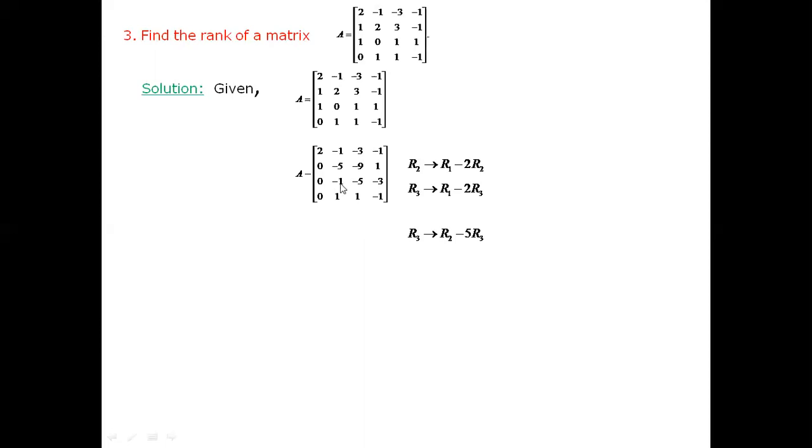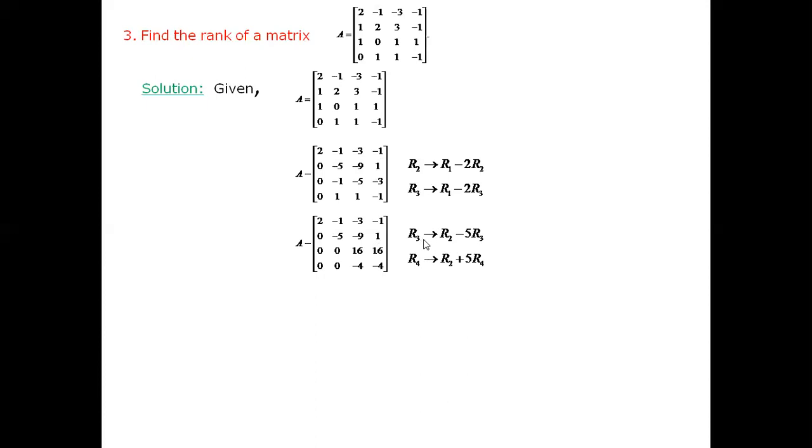Multiply this with -5, because if I simply multiply by 5, then you have to subtract. Or I can multiply by -5 here: -5 into -1, plus 5. Then add: -5 plus 5, 0, like that. And here also the same operation: 1 into 5, -5 plus 5, 0. So let us use this. Just look at this term, multiply this element with the term, and add or subtract to make this element 0. These are the transformations I'll use so that the first two rows have no changes, as they are.